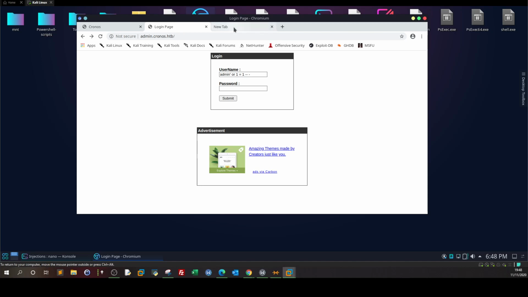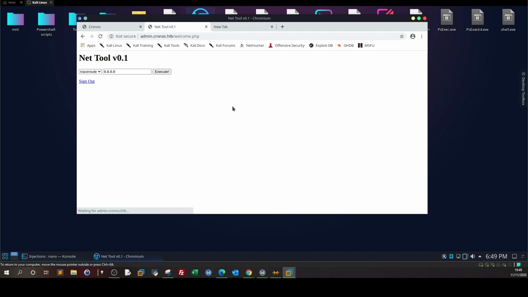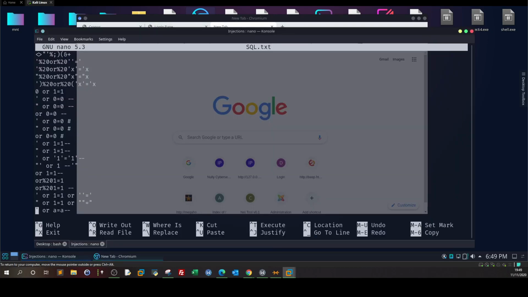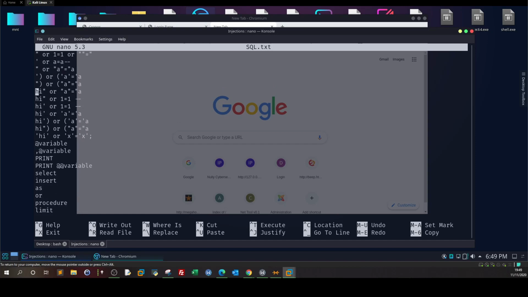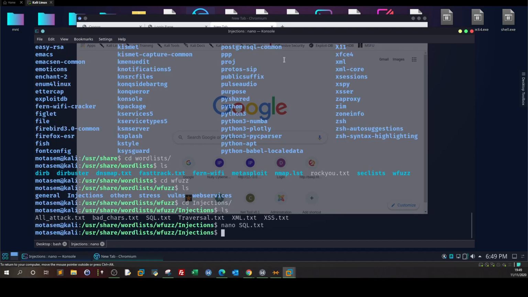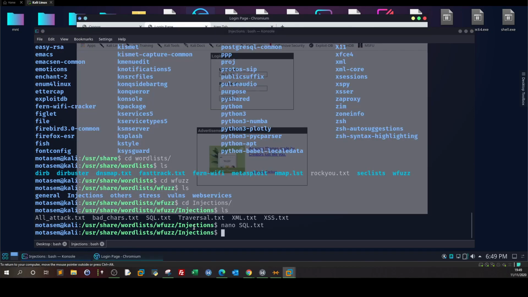What about we try something like or 1 equal 1, the classic one. This one also worked. Actually, these are here, but I can't remember which line I found them. So basically, if you want to automate this, let me exit the file first. Okay. If in some way you can't form these kinds of payloads and you have to try all of these,